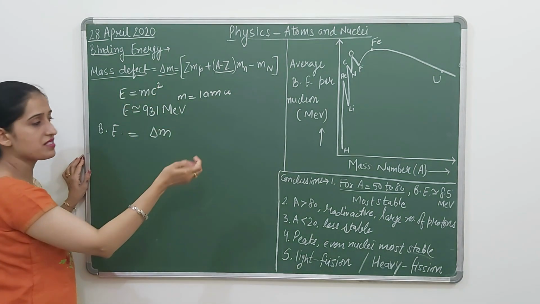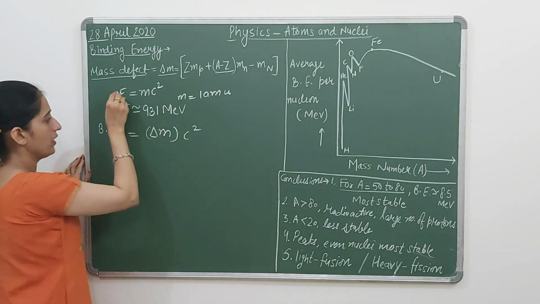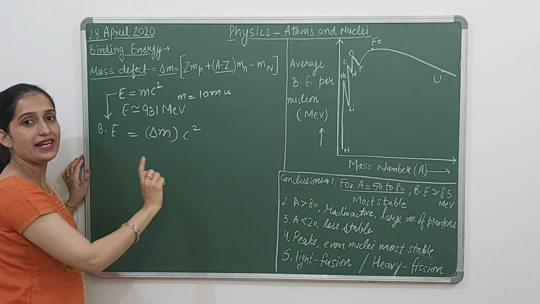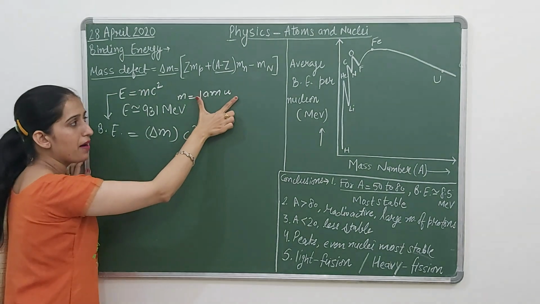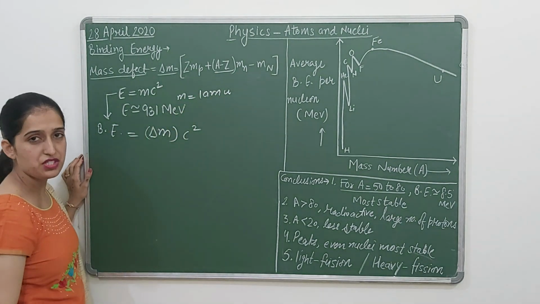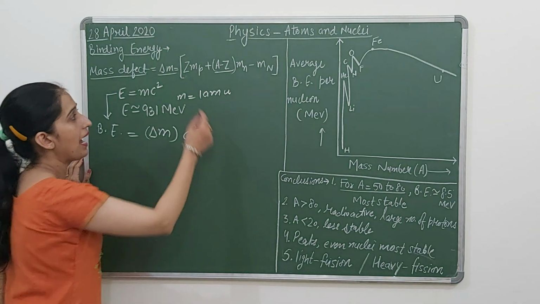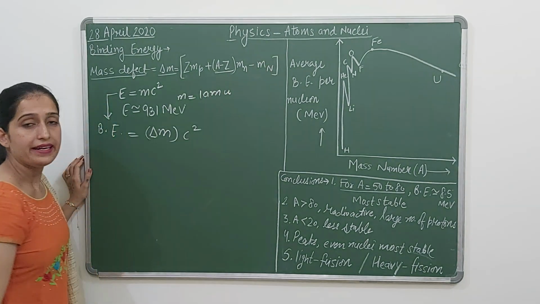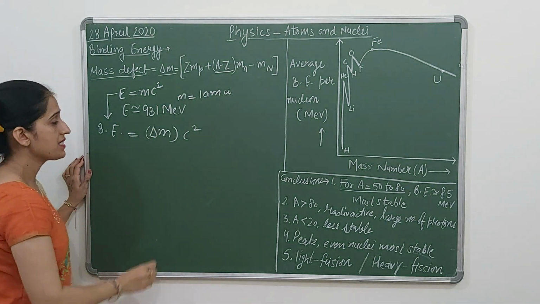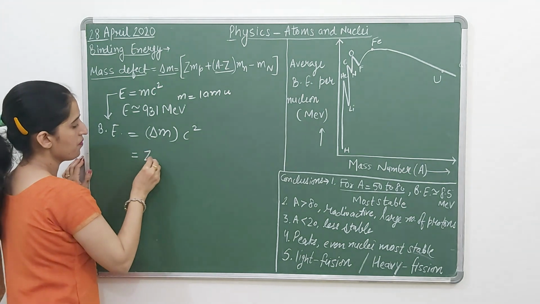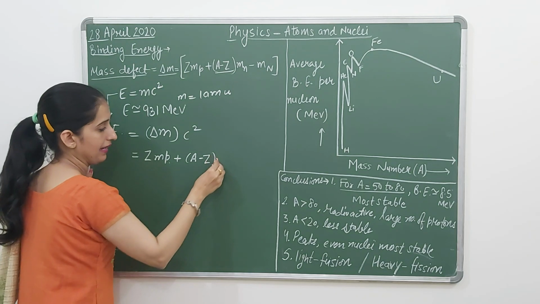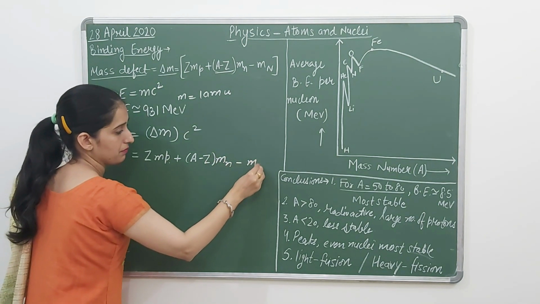this much mass disappeared, using this equation E equals mc squared. That was the relation between mass and energy. One unit of mass was equivalent to this much amount of energy. Now we have this much mass disappeared. So binding energy is mass defect into c squared, and we get the value: Z mp plus (A minus Z) mn minus MN